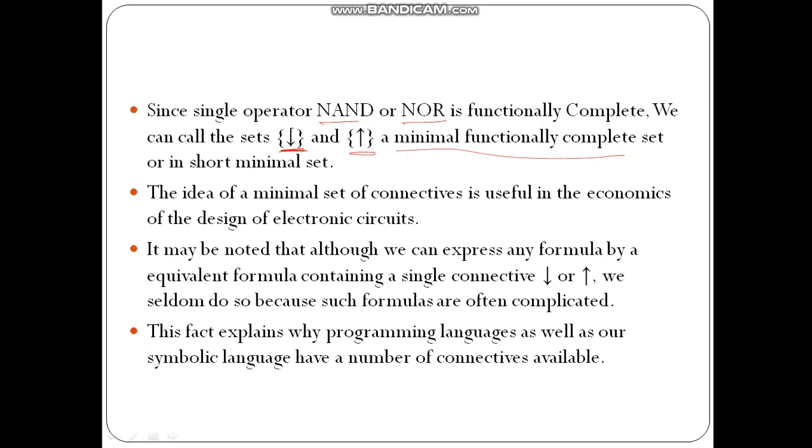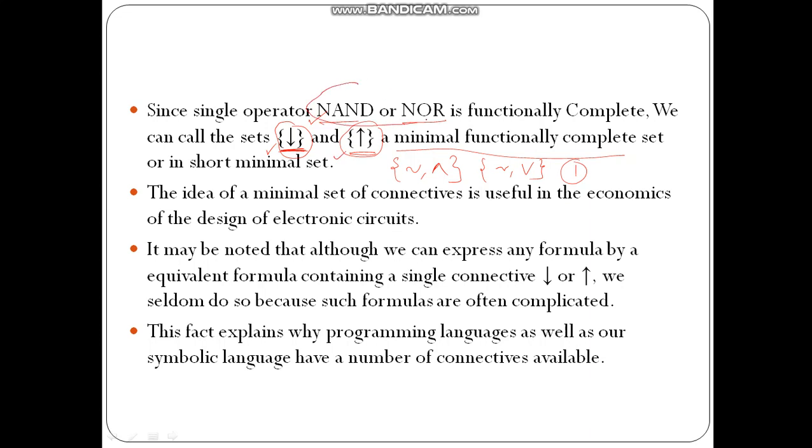So why minimal? Because there is only one operator, whereas in all other cases there are two operations, such as not and or. So there can be situations wherein you can go with only one connector. So what connector should I select so that it is able to represent any equation in this world? Minimal means either go for the NOR operation or go for the NAND operation.